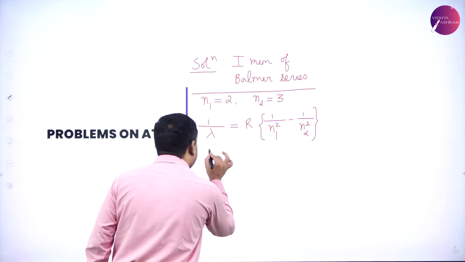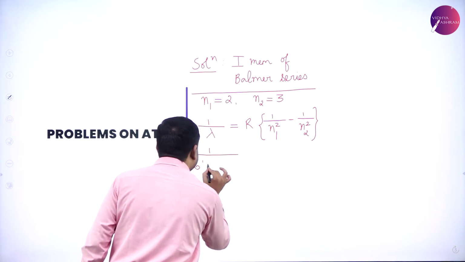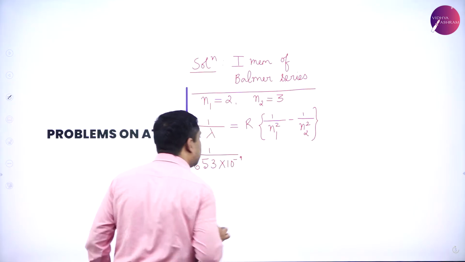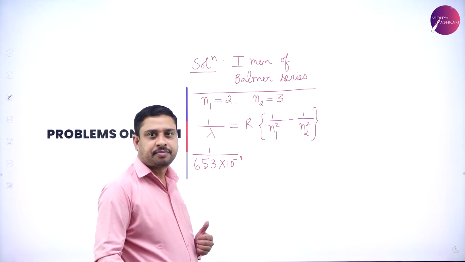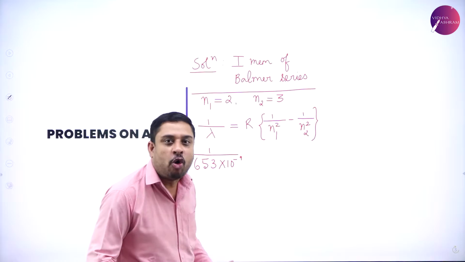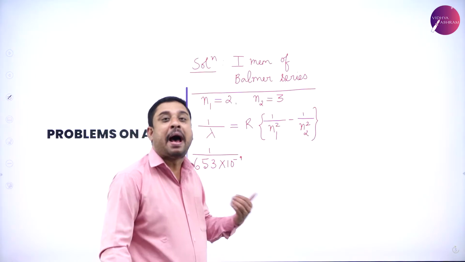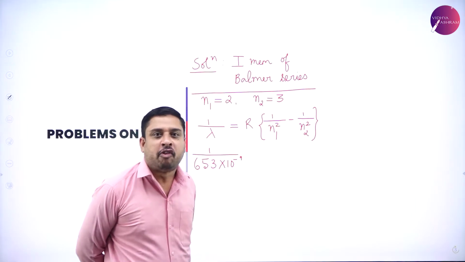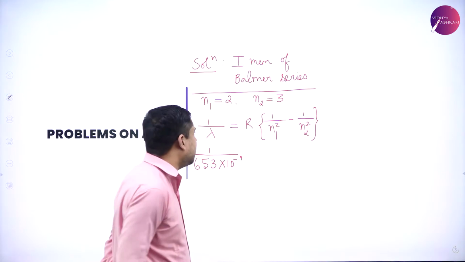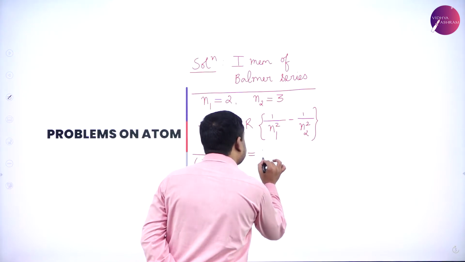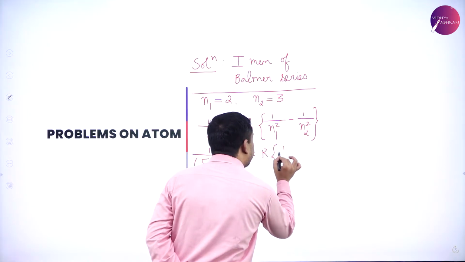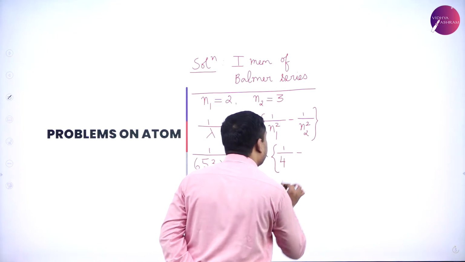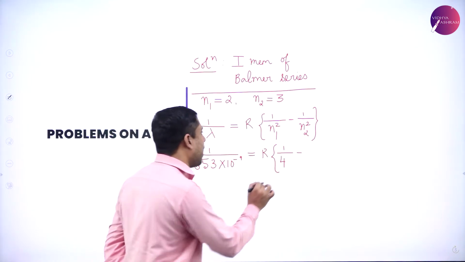Now on substitution, 653 nanometer is given, minus 9 nano. And when I have told where there is comparison of two expressions, do not substitute for R as it gets cancelled. So this is R into 1 by N1 square, 2 square is 4, minus 1 by 3 square is 9,